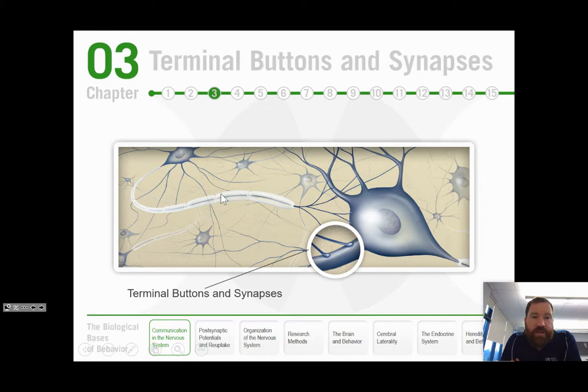Now to the main part. At the end of the axon, there's another branch that occurs. Those branches form what we'll call terminal buttons or terminal ends or axon terminals or something like that. But it almost always has the word terminal, which means end. And this is where the neurotransmitters are secreted. The chemical messages that the neuron is sending to the other neuron are sent through the terminal buttons and to the synapse.